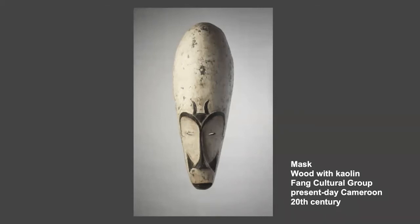One of the things that my colleagues and I thought about when we saw this mask was the great question of: had it been activated? Was it made for the export tourist trade, or was it made and taken from a community? And through incredible